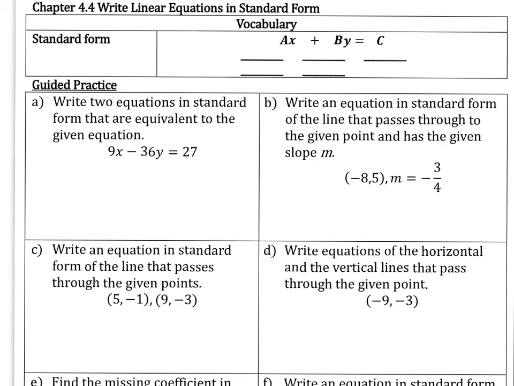4.4. Write linear equations in standard form. The standard form is given by ax plus by equal to c. A simply refers to all real numbers, and it also needs to be non-zero. And B also refers to all real numbers, and it is also non-zero. And C refers to the constant,